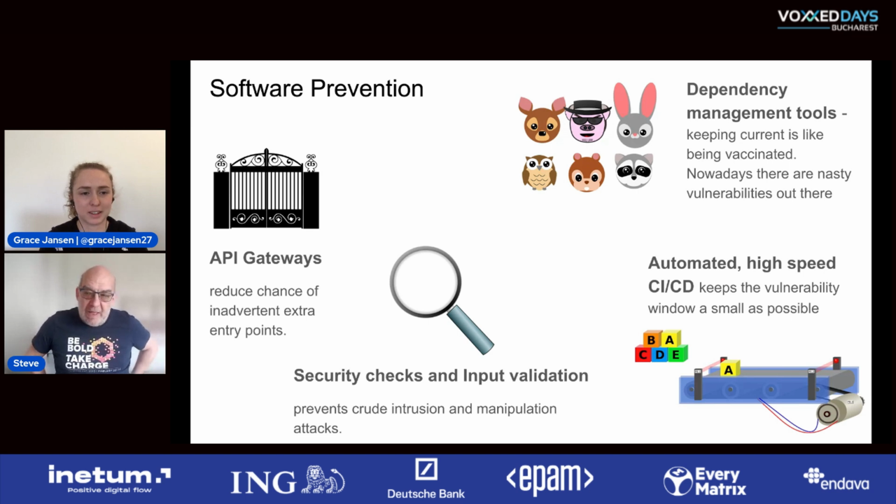Yeah, and dependencies are essentially what we're relying on for an application. You wouldn't want to be eating a piece of food that was off or out of date, so you shouldn't do the same with dependencies. Exactly. Our senses for that aren't particularly good. Basically somebody tells you that there's something wrong with this and you fix it. And then the CI/CD systems, if they're fast enough and automated enough, will keep the window of opportunity for that bad dependency down to a minimum.